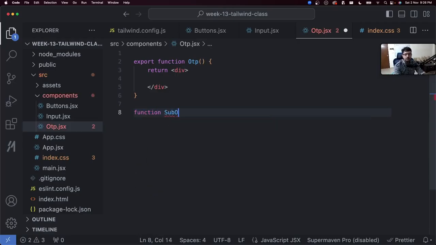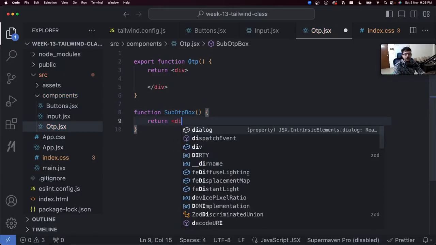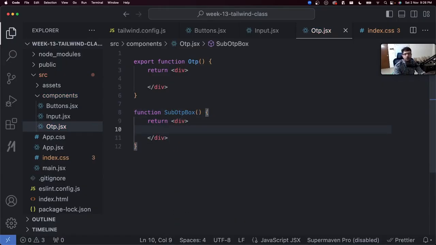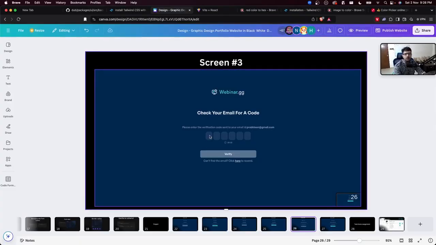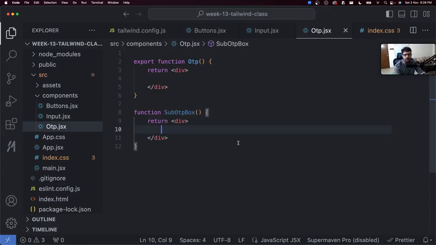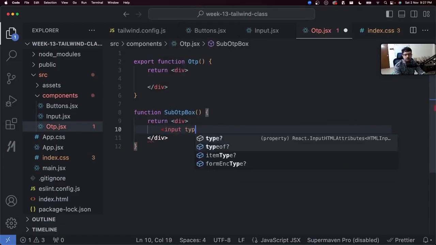Function SubOTPBox. What should this return? It should return an input box only, right? What is this over here? It is an input box, where a person can write something. So it should return an input box type equal to